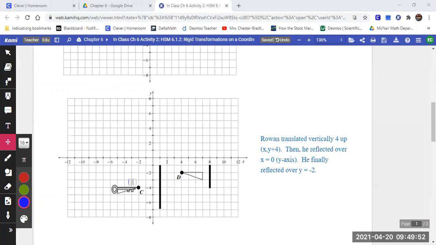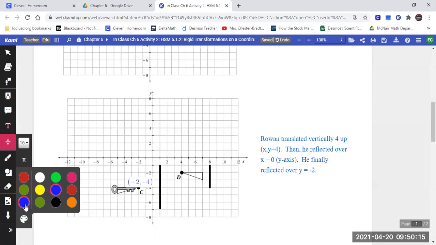Yep, -2, -4. Okay, so this guy is currently at -2, -4, right? Currently it's at -2, -4. If I slide it up 4